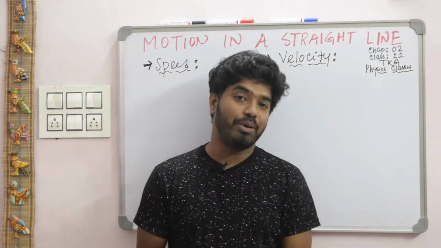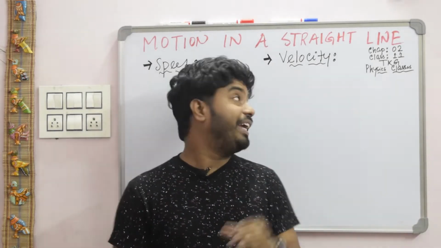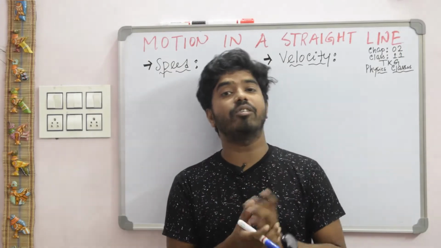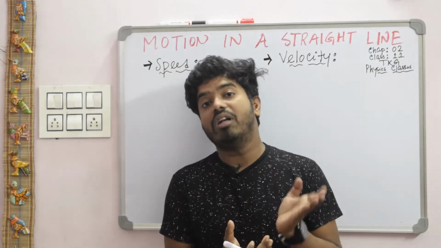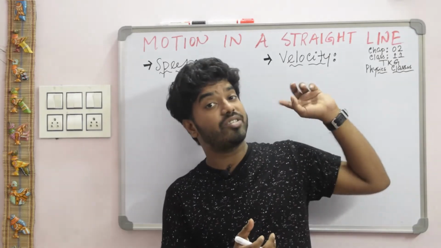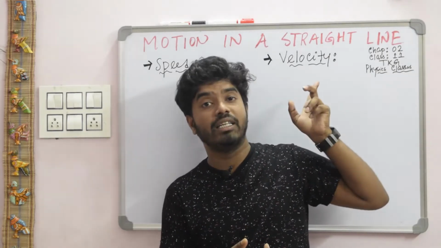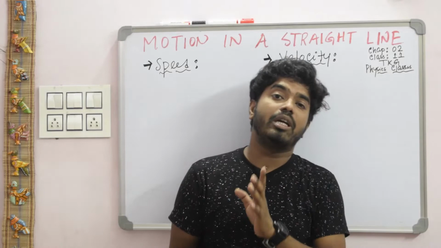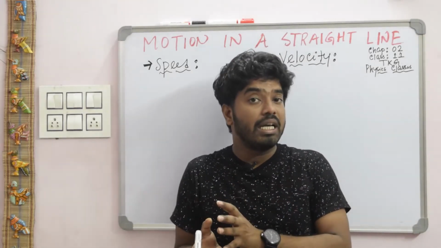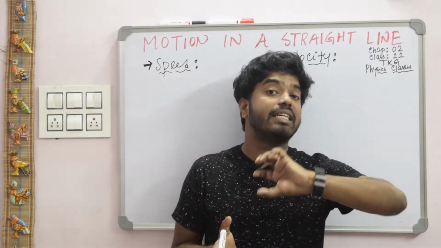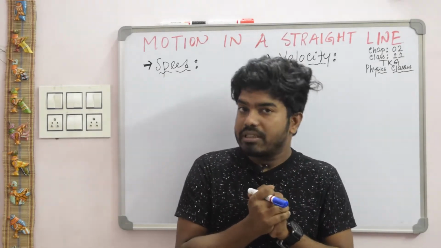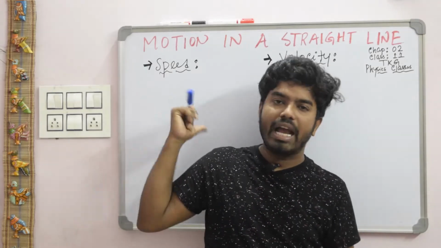So today our topic is related to speed and velocity. Before starting it, let's recall the previous class, what we learned from the previous lecture related to motion and motion in a straight line. You may call it motion in 1D. In the previous class, we talked about the basic things: what is rest, what is motion, and we know about distance and displacement. Today we are going to discuss speed and velocity.